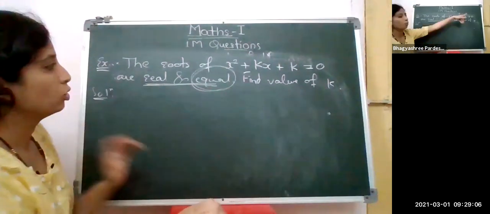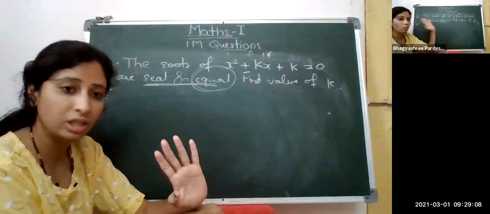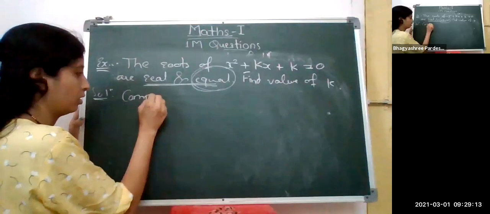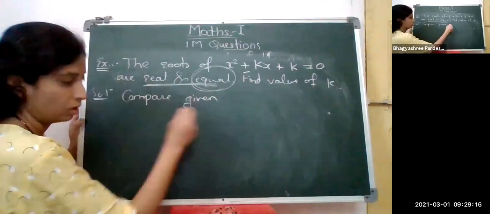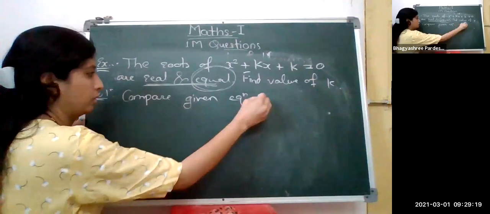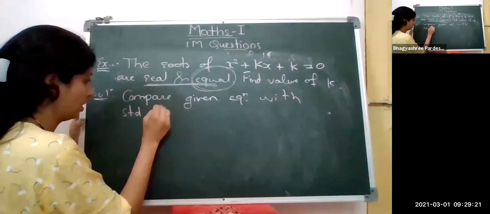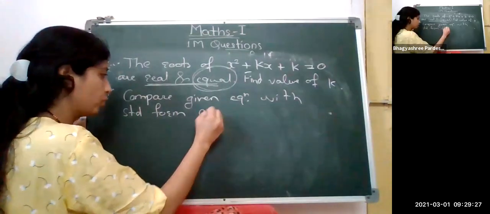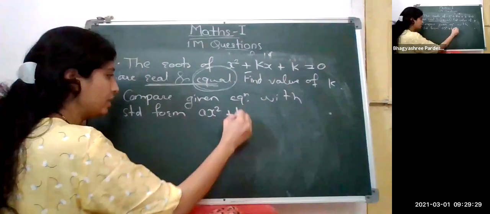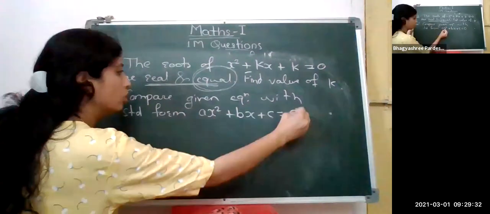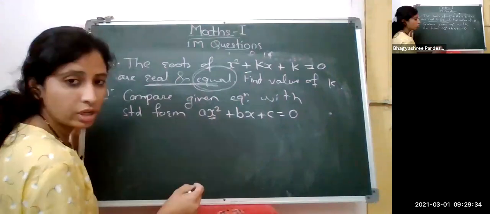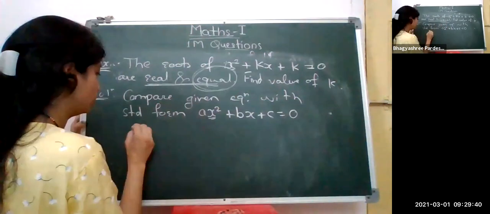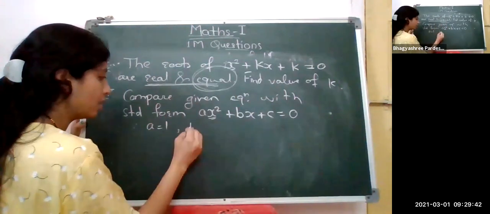So what do we have to do? Whatever quadratic equation is given to us, firstly compare that given equation with the standard form. The standard form of a quadratic equation is ax square plus bx plus c equals 0. Now here, the coefficient of x square is a. Here, for the coefficient of x square nothing is there, that means 1. So therefore we get a equals 1, comma b equals, the coefficient of x